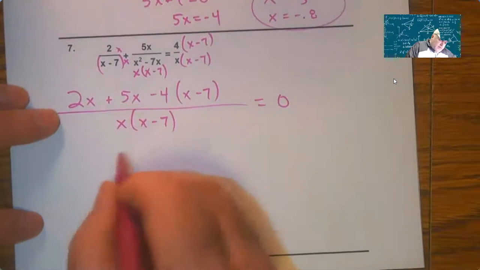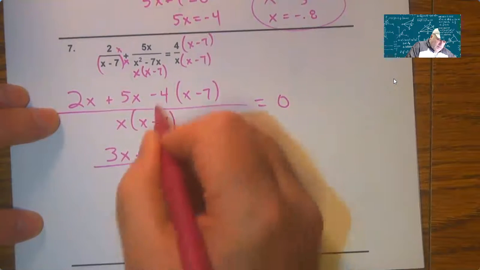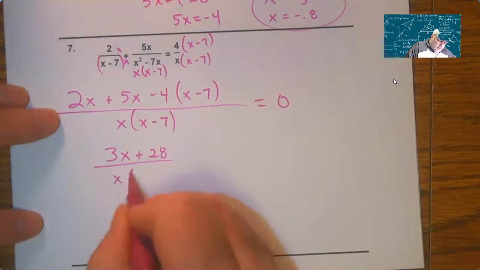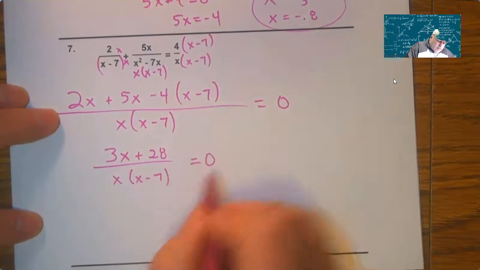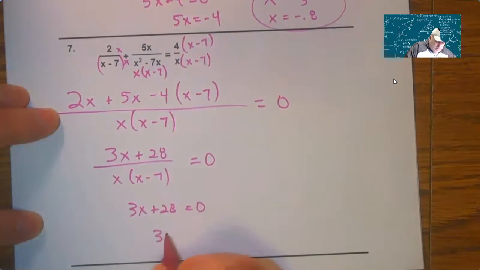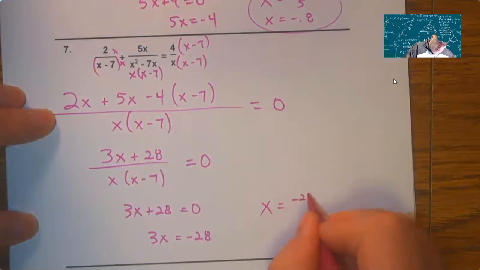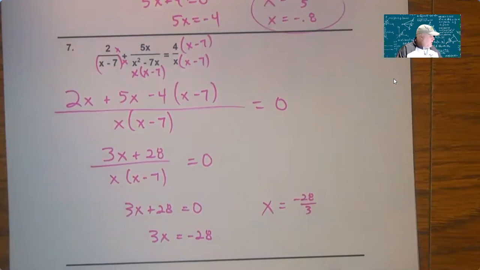So 7x minus 4x, so 3x plus 28 over x times x minus 7. So 3x plus 28 equals 0. So x is negative 28 over 3, which is